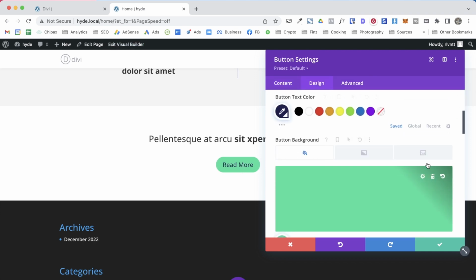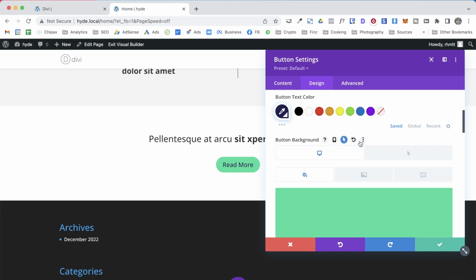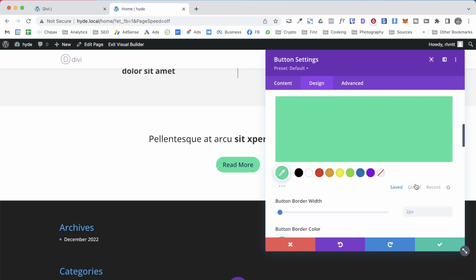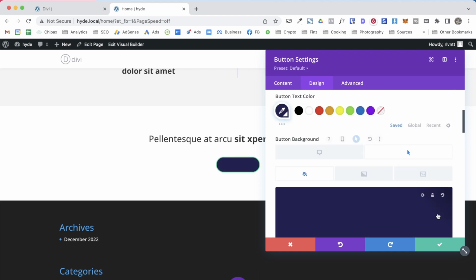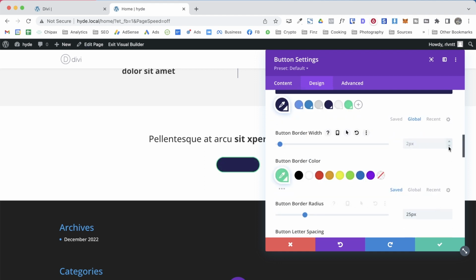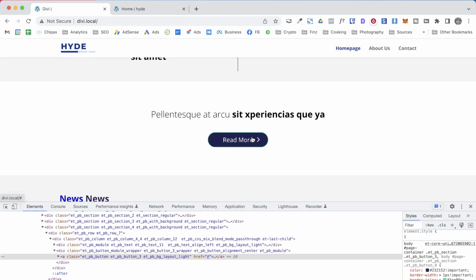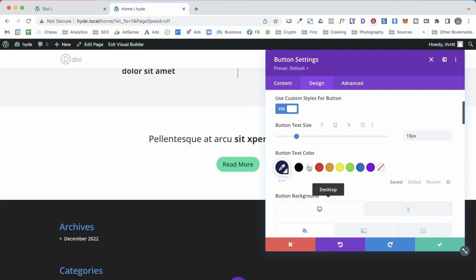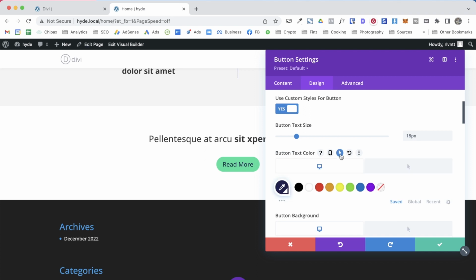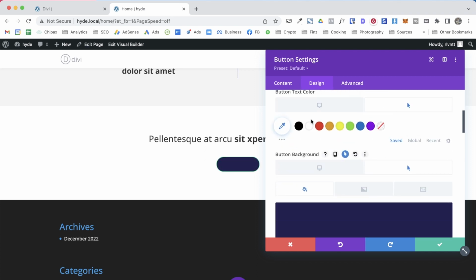So in the hover state, this will turn to this dark blue or purple. I think the border width is just 1 pixel. And probably the text color changes as well. In the hover state, yes, it goes to white. So let's set that here. Click on hover, set it to white,